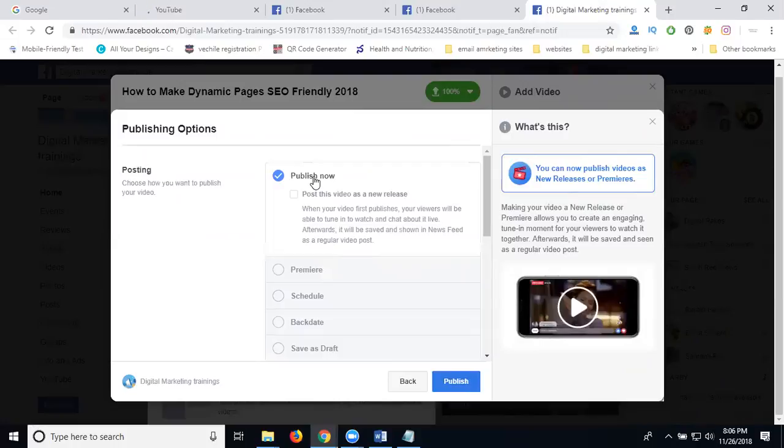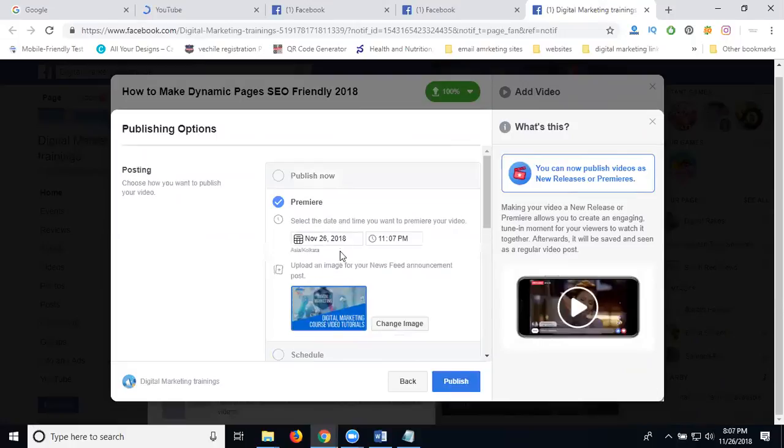Publish now, on time. In a Facebook introduction, the second option is called Premier. When I select the Premier option, it schedules the post with a live chat. This option will be enabled in 2 ways: one is YouTube, second is Facebook. If you use Premier, when your post is scheduled, that time the users will come into chat, and for their questions, the Facebook page admins give answers.